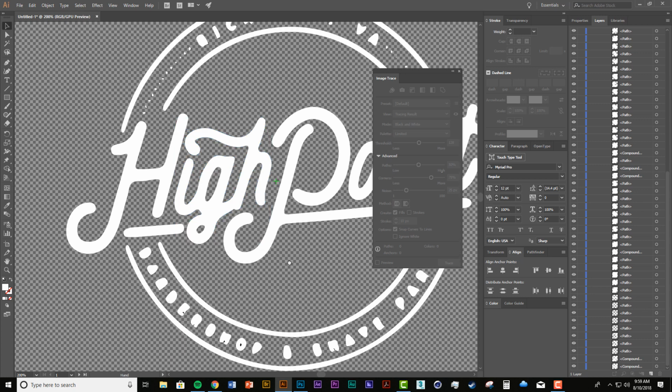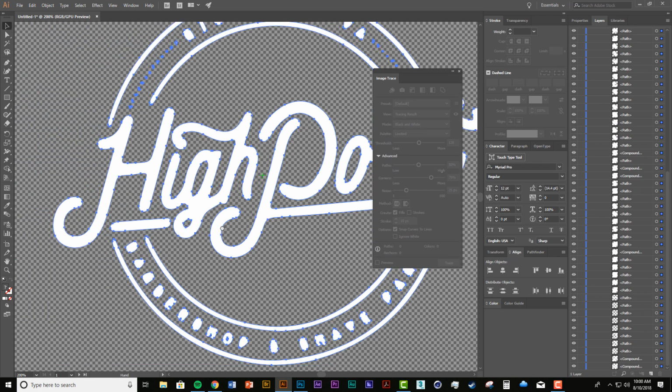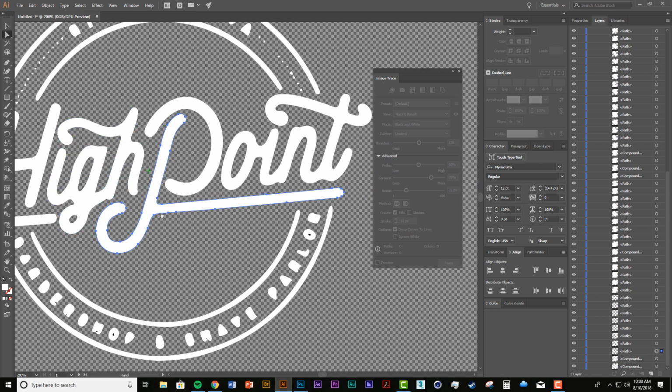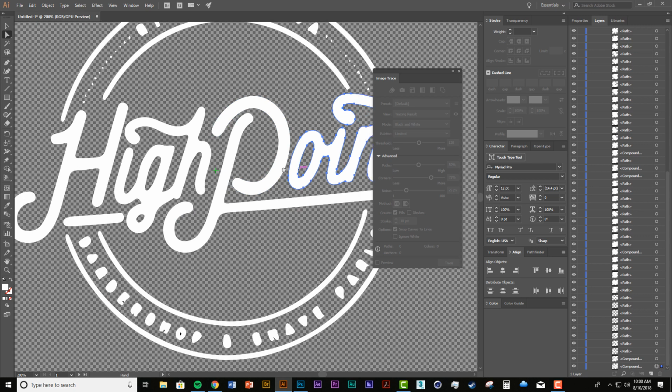Okay, great. So these are set up now. This is its separate path, separate path. This is all one separate path. That's a separate path, separate path. That's all one path too. So that's not too bad,